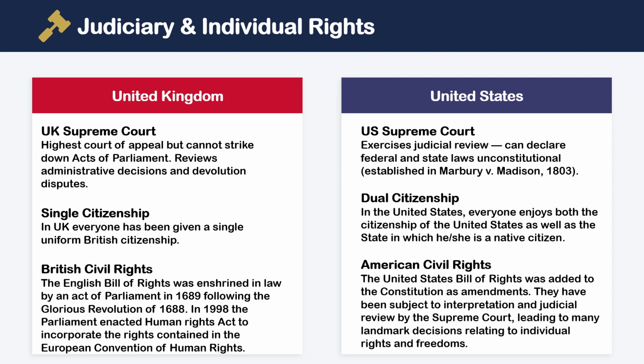Number three, with reference to civil rights, the English Bill of Rights was enshrined in law by an Act of Parliament in 1689 following the Glorious Revolution of 1688. In 1998, the Parliament enacted the Human Rights Act, which incorporated the rights that are contained in the European Convention of